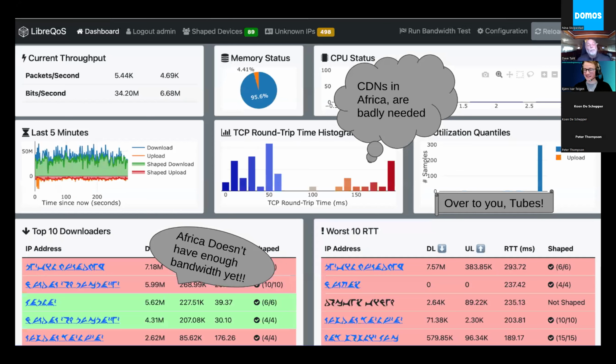All right. Next I love speaker. what Cloudflare has done to reduce physical latencies across the internet. And the theme of my talk is that once you have enough bandwidth, that's all you need. Africa does not have enough bandwidth. And it has really enormous RTT, something like 90% of all traffic has to leave the country. And the best way to fix that is to deploy better CDN technologies. So over to you, Tubes.